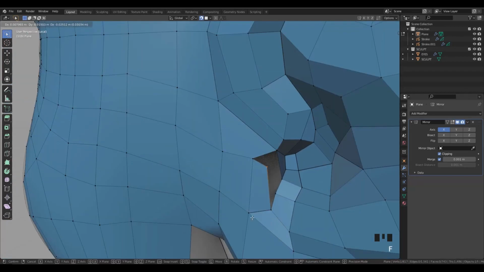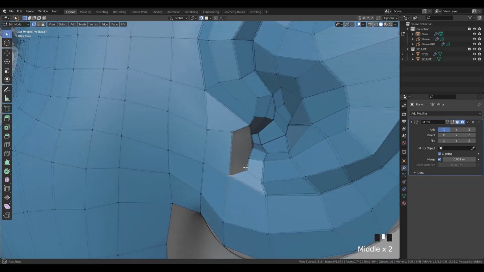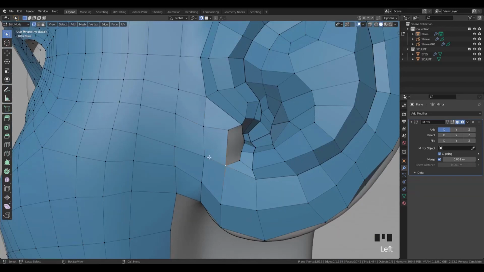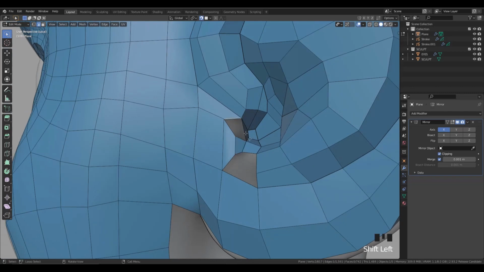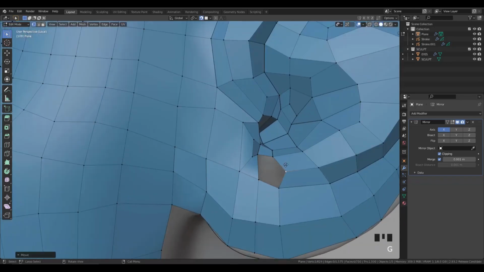Okay, so maybe I can generate a face there. Let me check. Okay, maybe let's remove this. Maybe I can do something smart about the shape like this. Okay, I will try to do that. I will try to extrude this edge and scale it down, connect it there, adding a cut down there, and here I'm a bit screwed